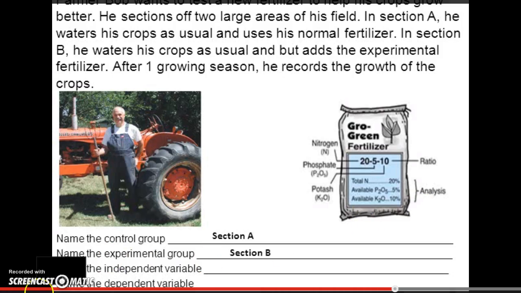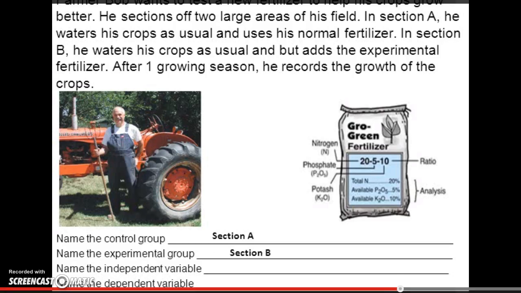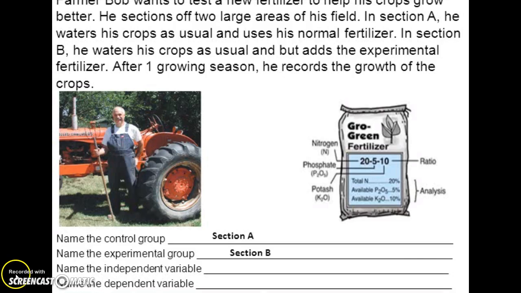And so name the independent variable. What's different between section A and section B? There should only be one thing different. If you have more than one thing different, you have a badly designed experiment. But in this case, there's only one thing